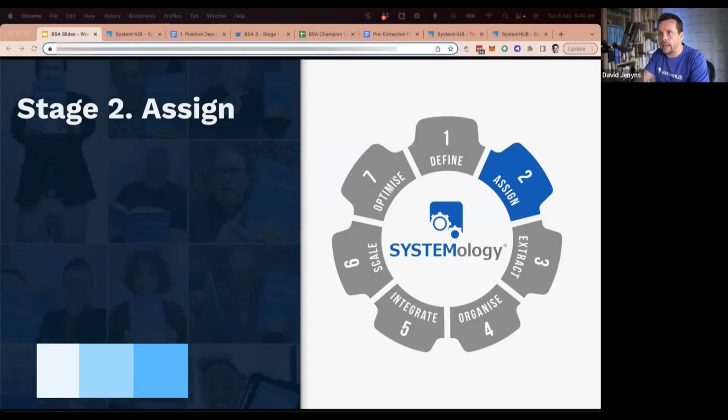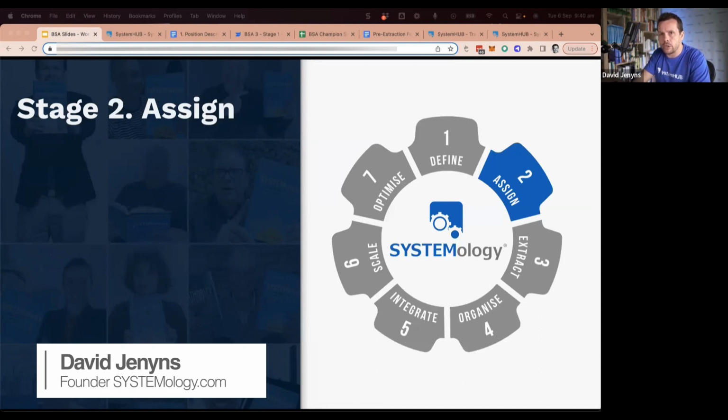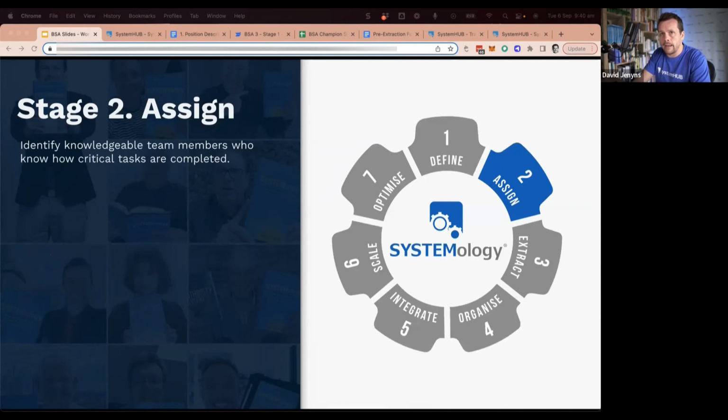So now we'll think about stage number 2, assign. Stage number 2 is all about identifying the knowledgeable team members who know how to do the critical tasks. And you want to, where possible, get this off the business owner's plate. And if you can